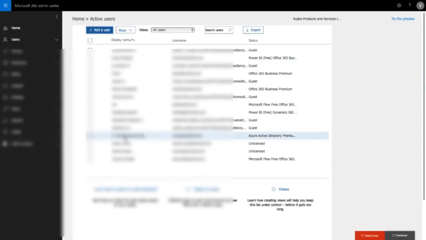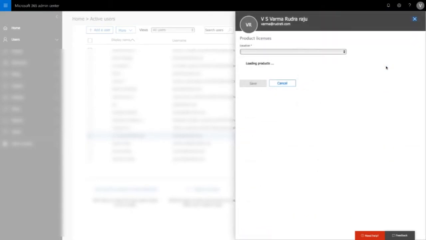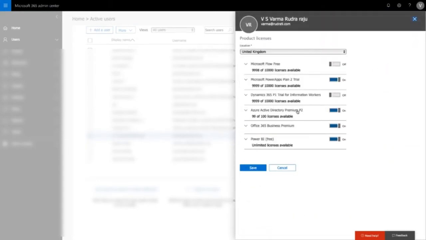And then click on the user and then go to product licenses and click on it. Here you can see I have Azure Active Directory Premium P2 license. I have Office 365 Business Premium and also this one. You need Azure Active Directory Premium P2 license in order to use application proxy. Okay, that's the first step.